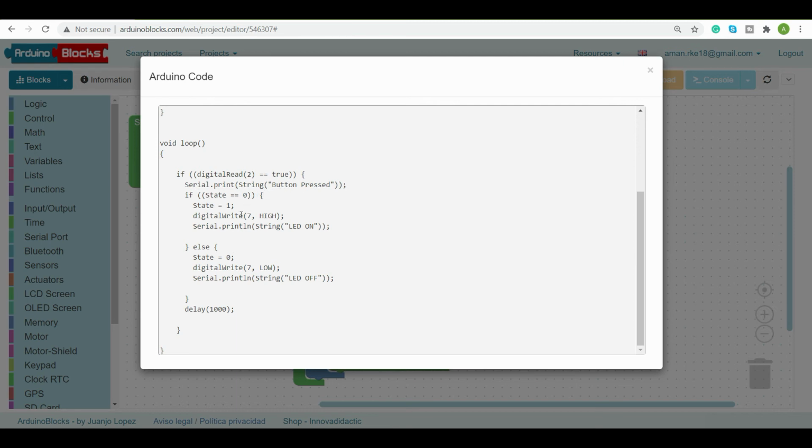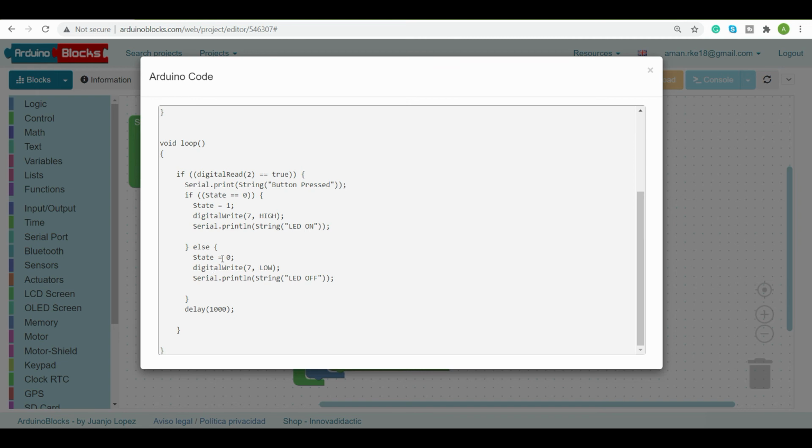Then there is a nested if condition, that if state is 0, we first set state to the new value 1 and write high on digital pin 7. That means we are turning the LED on by writing high on pin number 7, and we are writing LED on on the serial monitor with the Serial.println instruction.